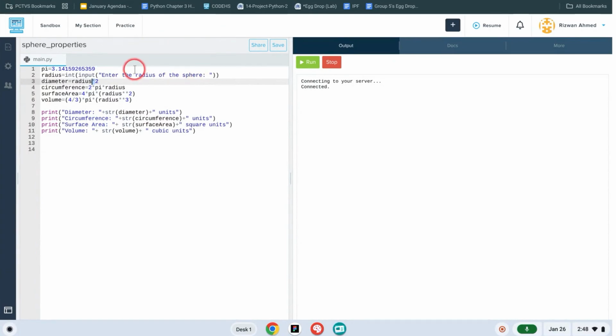Today I will be doing a tutorial on how to calculate the properties of a sphere using Python. This program will calculate the diameter, the circumference, the surface area, and the volume of a sphere using the radius as input. So this first line here, we have a variable assignment statement, and we could see just by the